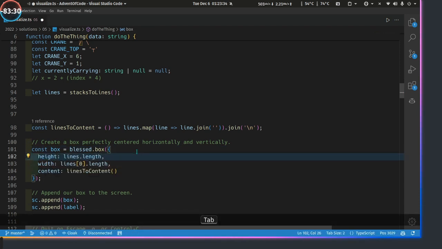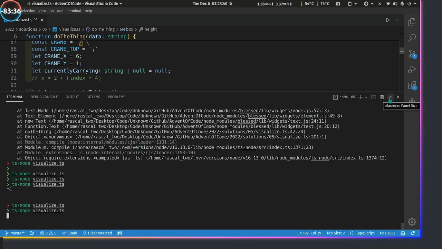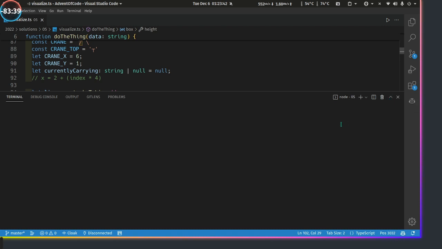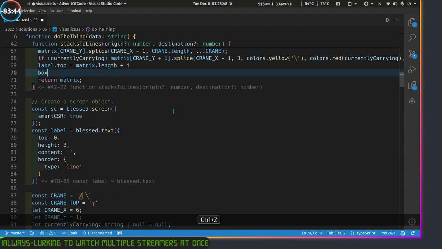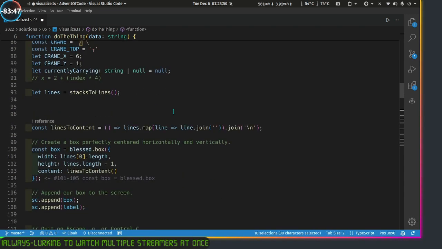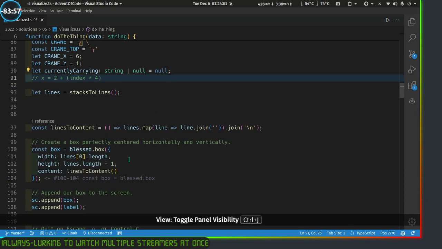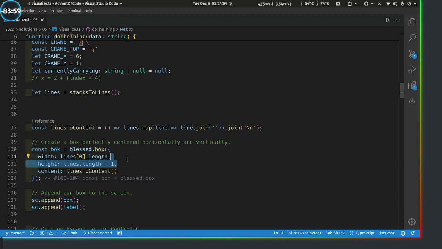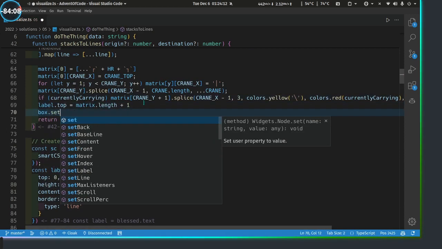So I think it needs an initial height, maybe. No, not liking that. This is a bad idea. Height equals lines length plus 1. Try that. As expected. Now if I just increase the height of the box, do I have to call some magic method? Is that what's up? Box set height